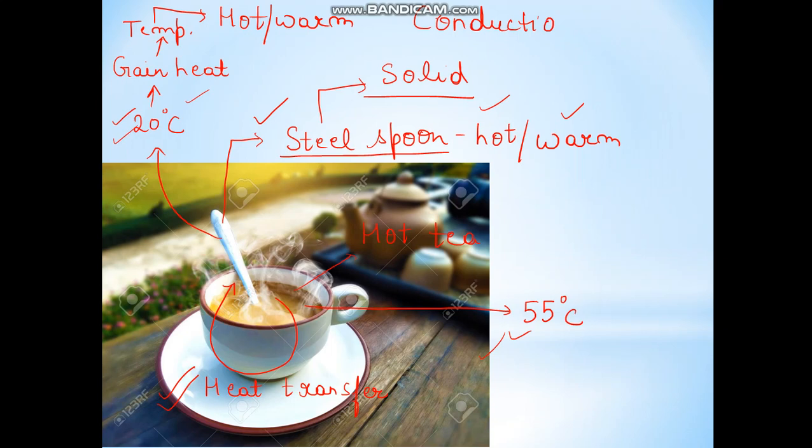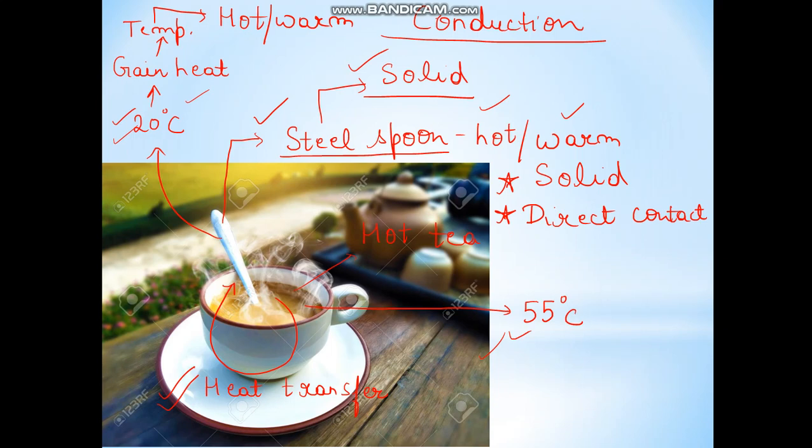So conduction is the mode of transfer of heat in which solid objects are involved, right? Conduction takes place always in solids, and here the particles of the solid do not move from their own place, they vibrate at their own place, right? So the first important point of conduction is that it takes place mostly in solids. Secondly, it takes place due to direct contact, okay? When the object is in direct contact with the source of heat, okay? So when it is in direct contact with the source